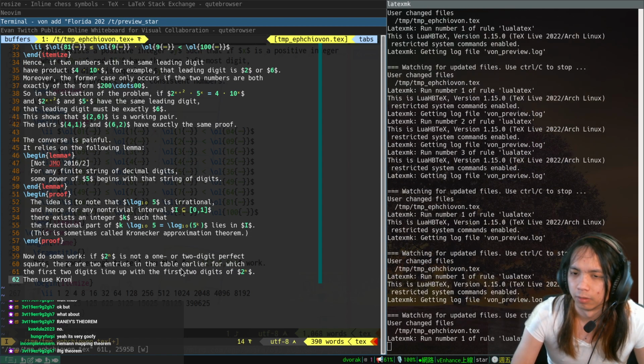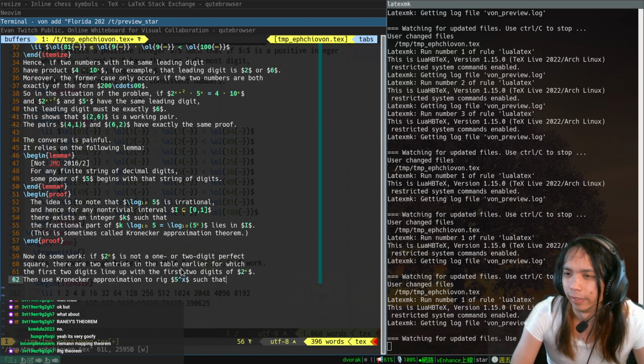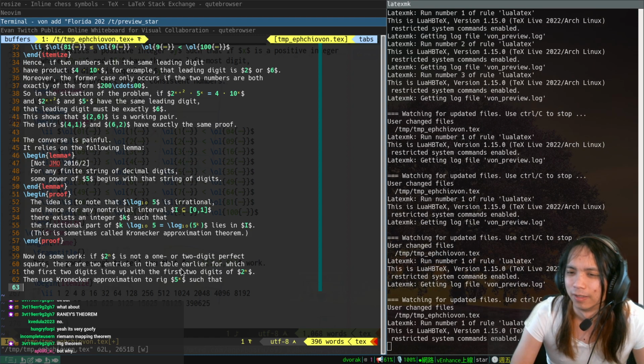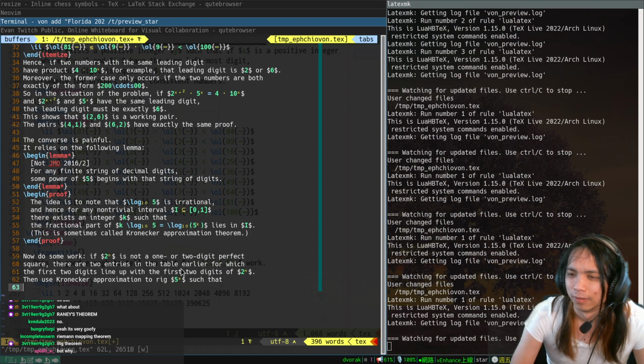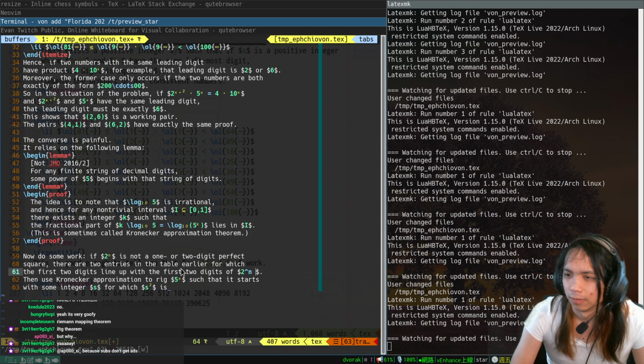Then use Kronecker approximation to rig 5 to the x such that it starts with some integer s, for which s squared is equal. Okay, well, we'll give these digits names d1, d2,